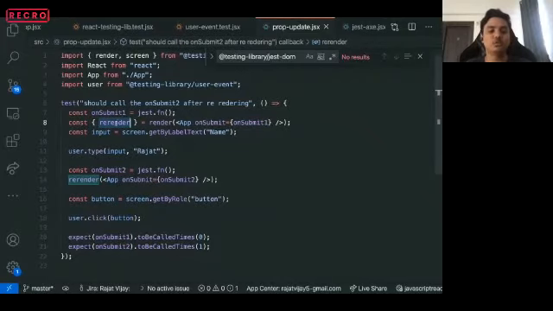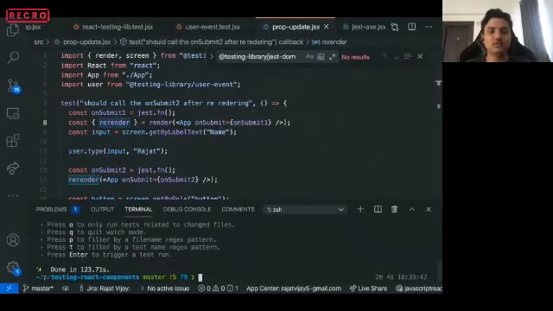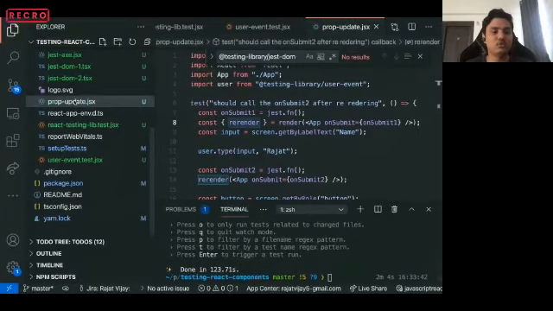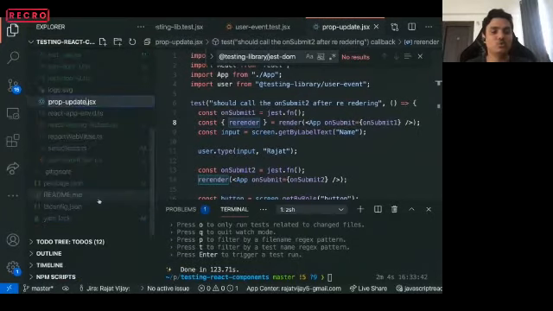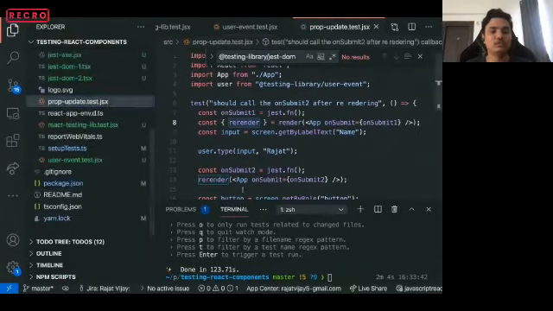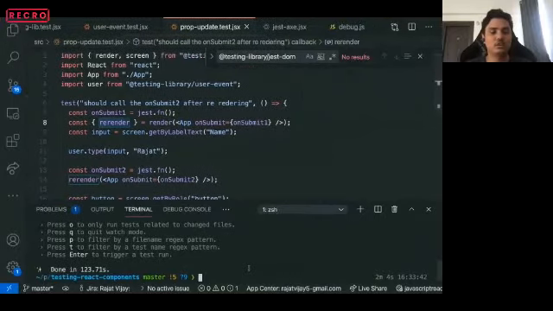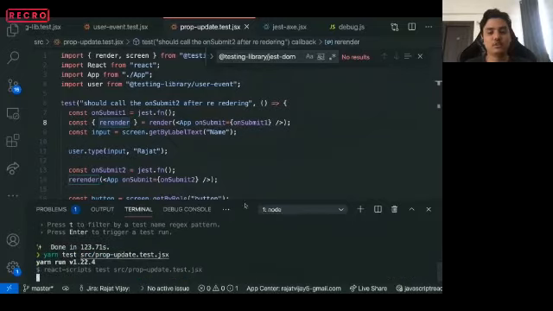Let's run this test and see if it passes. Again, to run this, I have to write test, and let's run just this file, prop update.